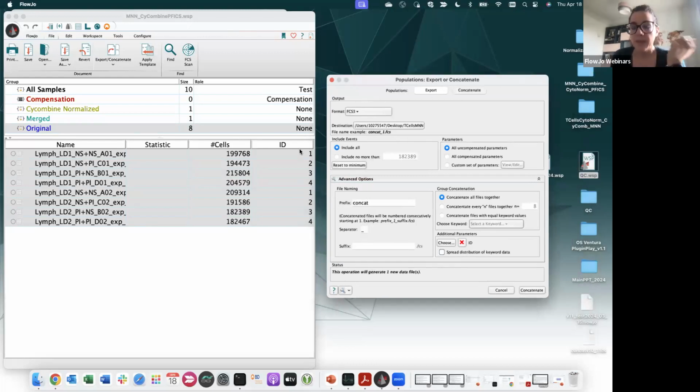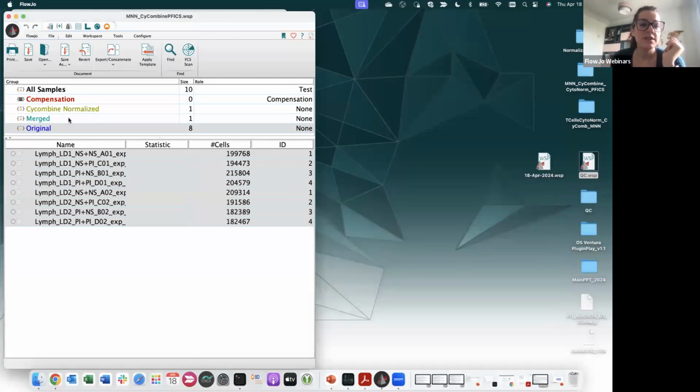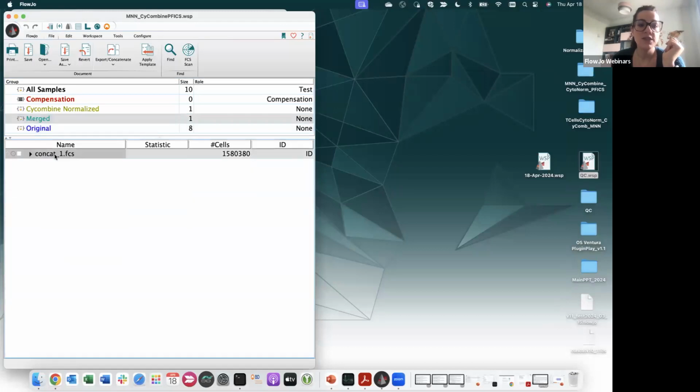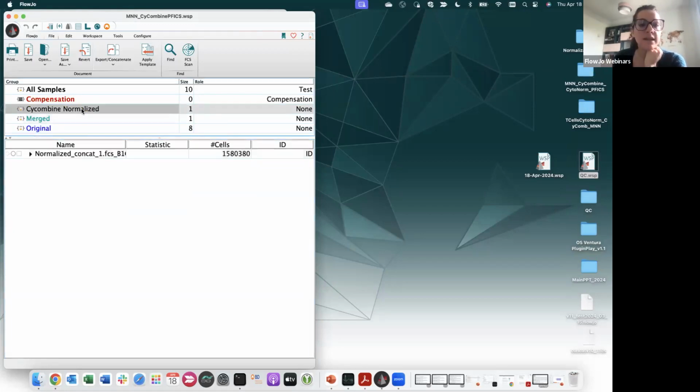So clean up, create a keyword, 1, 2, 3, and 4. These are my 4 batches, sample 1 from batch 1, sample 2 from batch 1. And then you basically have this merged file right here, which is a concatenated file of all of your samples, or all of your populations. When you run cycombine, what you will get in return will be a normalized file, as you can see here,